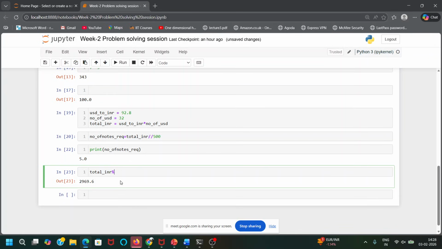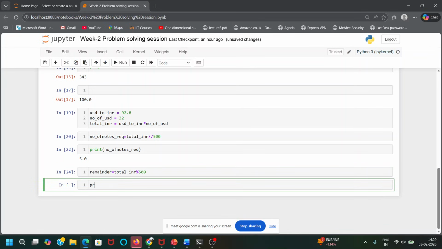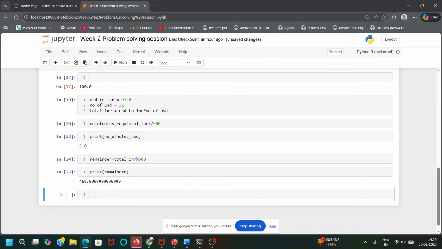If you want to find out the remainder of the money you get after doing this, if I do print remainder, this is the remainder of money which I will get after getting 500 notes. This much money I will get remaining in the form of some other currency. So like this, you can use this modulo operator, the percentage operator.